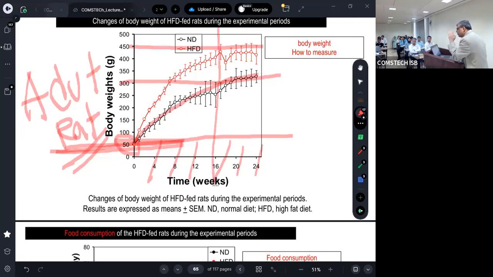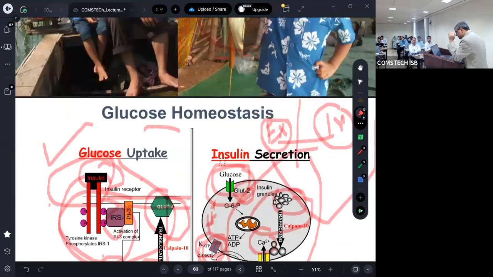That means up to 4 months, the body weight increases very rapidly, and after 4 months there is a static time. It is an almost linear progression up to 4 months. If you see the figure here,